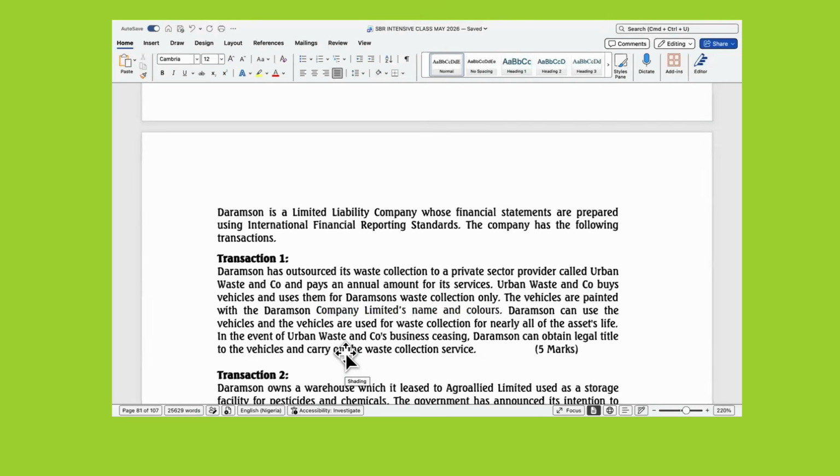And if the Urban Waste, meaning the outsourcing company, if they cease business, we can obtain legal title over the asset. So to answer this question, you just need to talk about the asset in question, that based on the principle of substance over form, the asset is owned by Urban, but it's the Ramsey that's